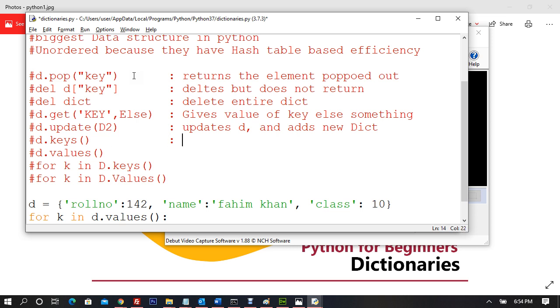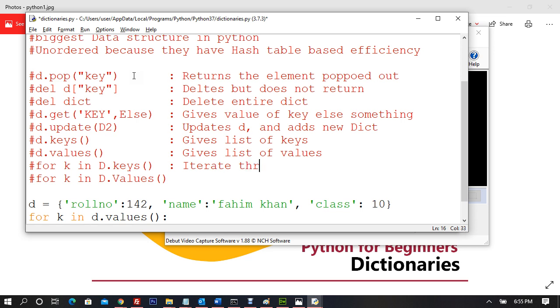And keys gives a list of keys, and here values gives a list of values. Please take a note of this. I'm making this for you, not for myself. I do remember them. And iterable: